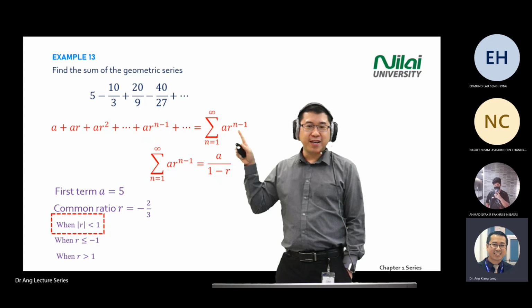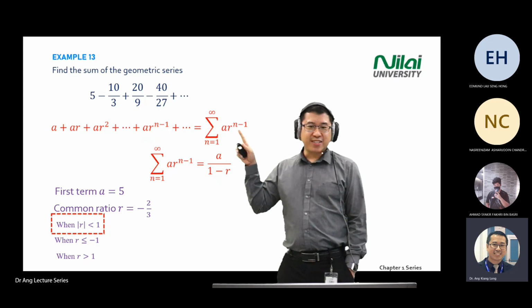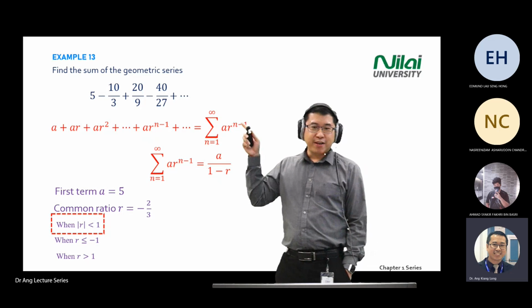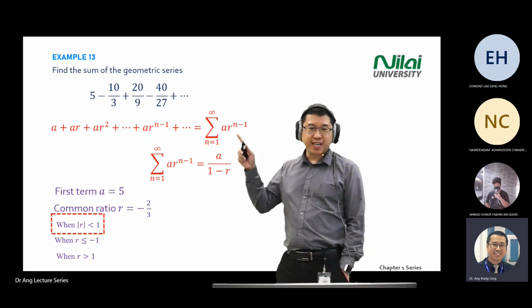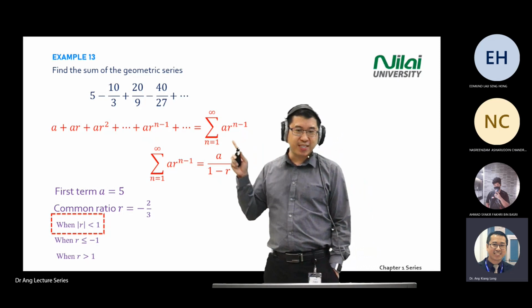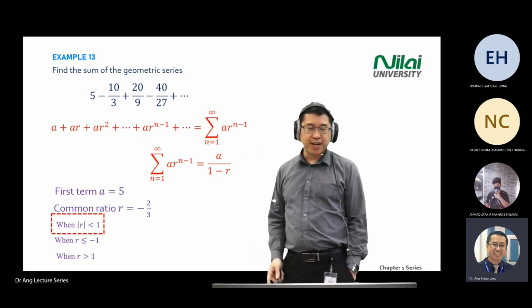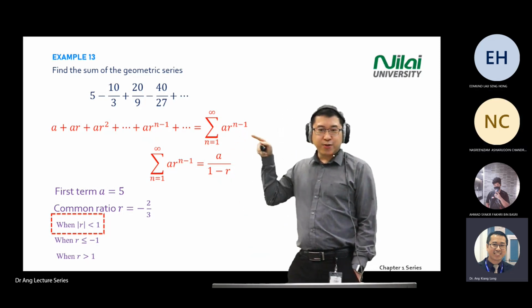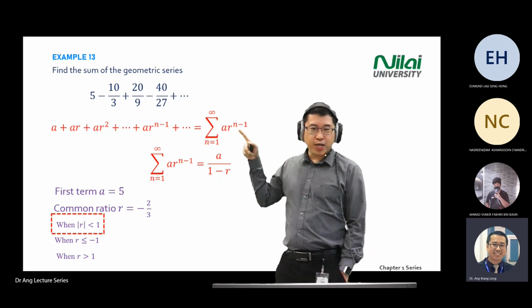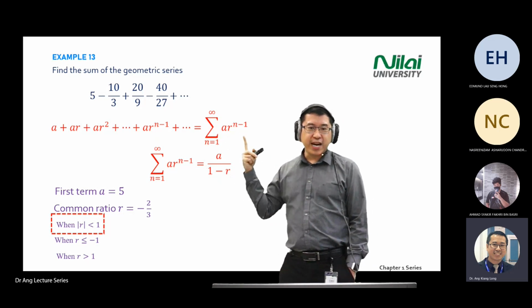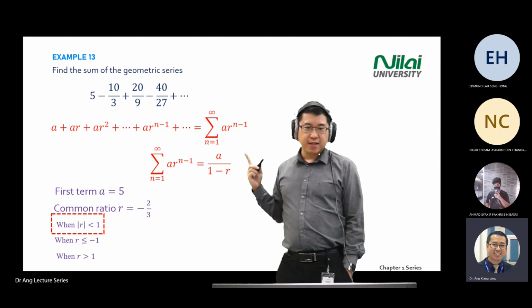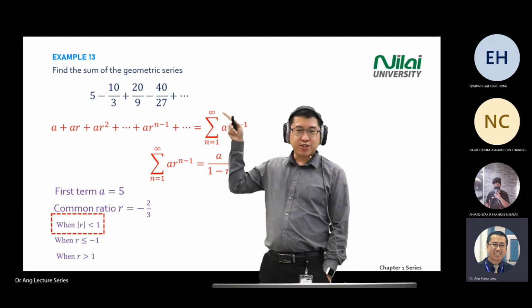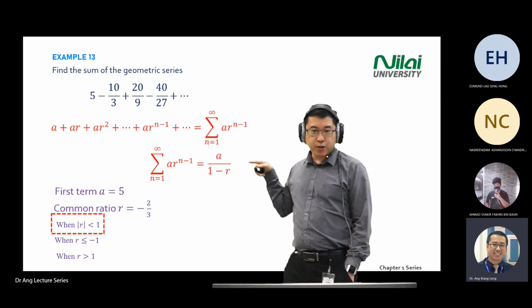You need to remember n. n is the position of the number. If you want to look for the first number, n equal 1. If you want to look for the second number, n equal 2. You just substitute inside the equation given. Then, if you can rewrite the equation given in the question into the A R^(n-1) pattern, and you prove that it is actually a geometric series,